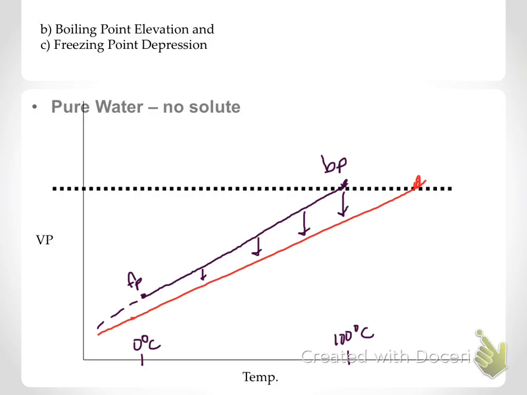So now, where this intersects the atmospheric pressure is way up here. The new boiling point is much higher, at a much higher temperature than it originally was. Same thing down here, the freezing point has become much lower